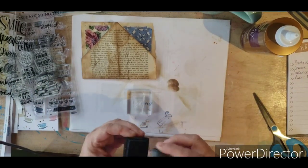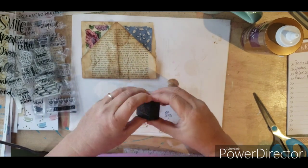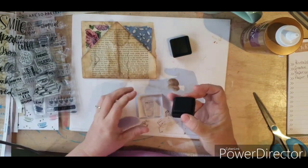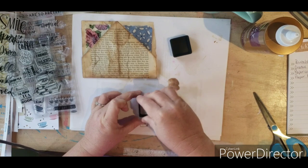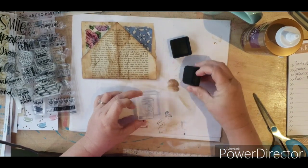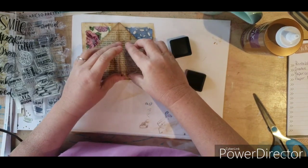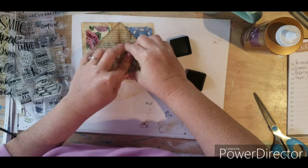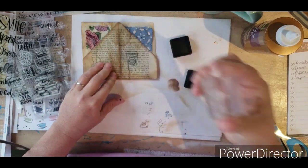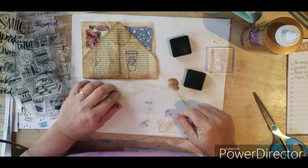So we're going to go, this is Chipped Sapphire Distress Ink. I think this blue will show up nicely, and the navy kind of goes well with the journal. It's going to ink her up. And let's see what we think. Push, push. Not loving it, but